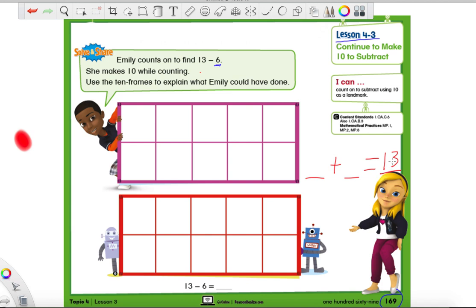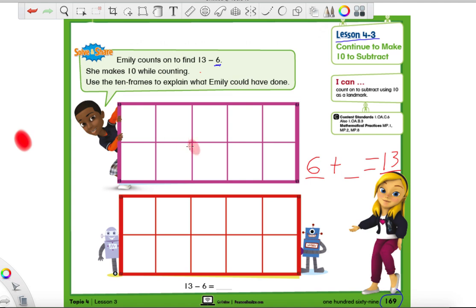And in subtraction, it's the opposite, where the 13 has to go first because you have to take away from the biggest part. So, 13 goes at the end. Where would the 6 go? Well, it could really go in either place because you can add in any order. But I'm going to just put it in the first spot. Okay? So, if we had it set up like this, we would draw the 6 in our